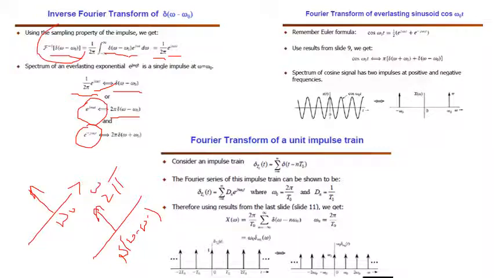Why I told you about this Fourier transform is that later on you will see that it is the most commonly used Fourier transform. Everybody knows the Fourier transform of delta of t: the Fourier transform of delta of t is 1, or of delta of n is 1. But the Fourier transform of an